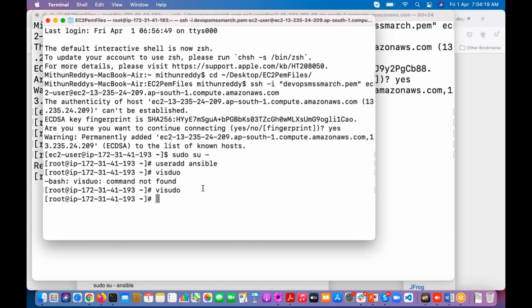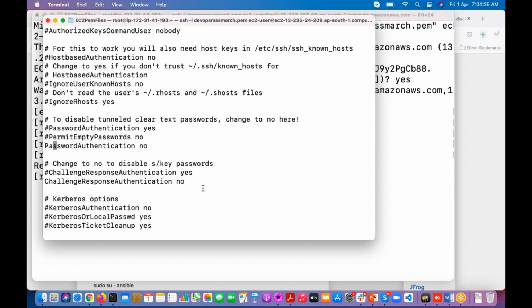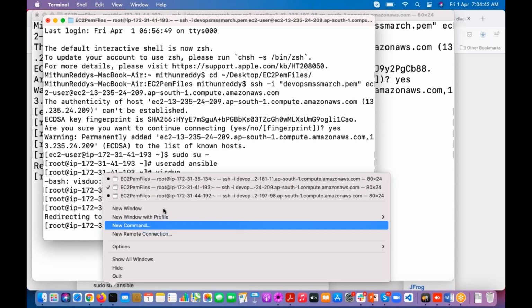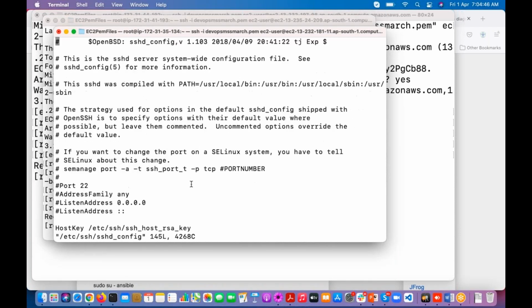On 193, we will execute this command, search for password authentication. Just come here, change that no to yes, save it and restart the service. Okay, same way in this 134 server also you can do it.